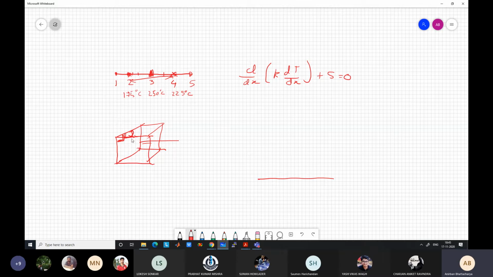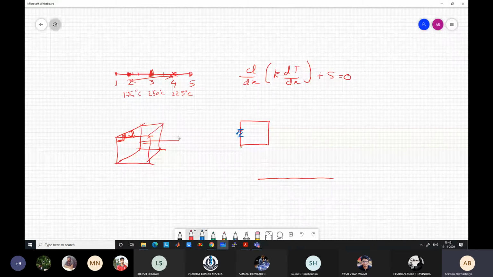Okay, you have to develop the geometry and solve. A simple version of this will be, say, instead of 3D, if I take 2D. Okay, this is my room. I am just looking from the top view, and this portion is my air condition. Okay, I'm saying that now it's a 2D problem instead of 3D. I think that this is too difficult as a mini project, so I am going for a 2D project.